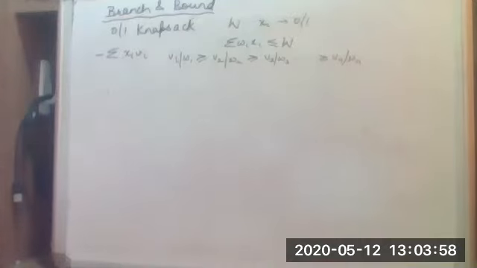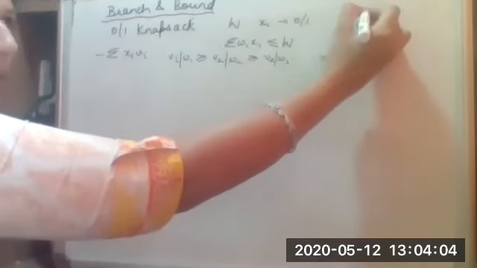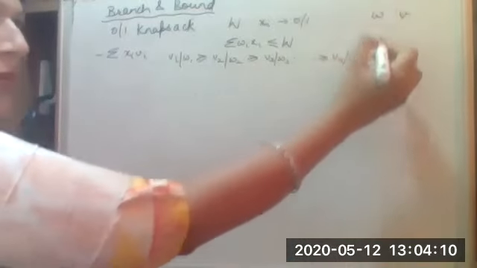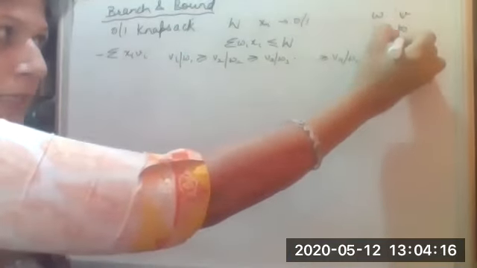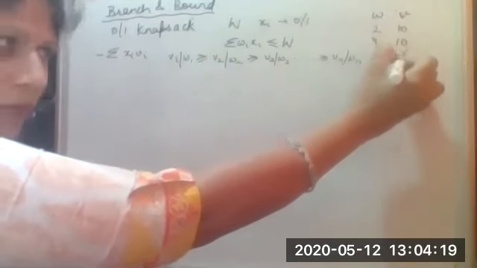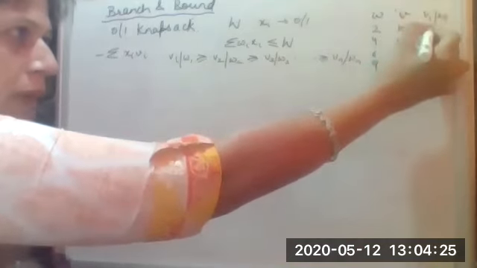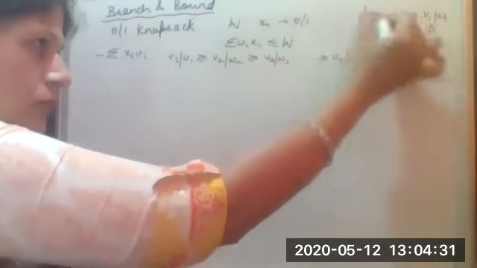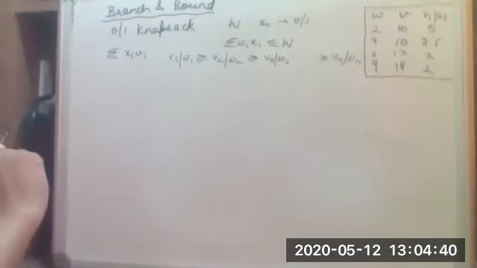Yes. So let's quickly see one example where the values that are given to you are the weight values and the profit values. The weight values are 2, 4, 6, 9, and the values are 10, 10, 12, and 18. So Vi by Wi will become 5, 2.5, 2, and 2. Okay, so these are the values that are given to us. Let's say right now we are looking at the maximization problem itself.